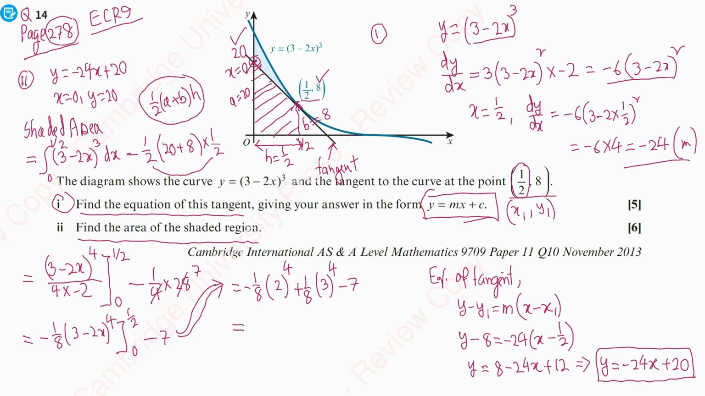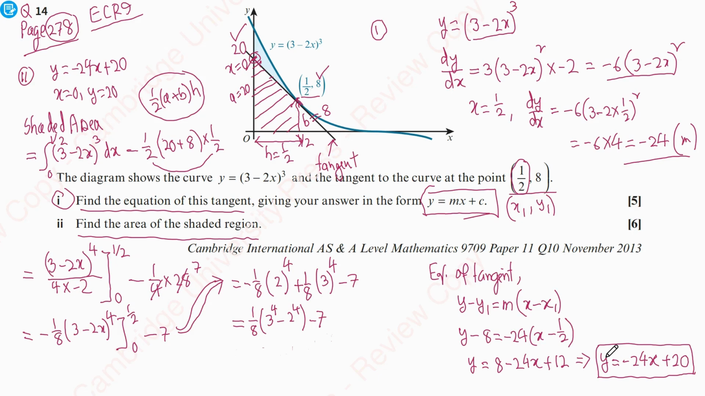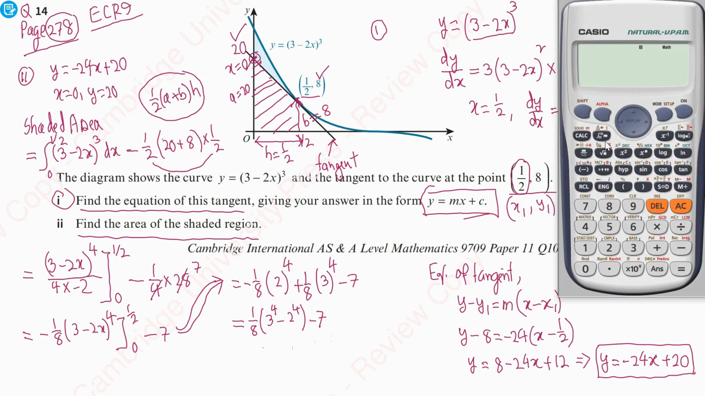Now we can use our calculator for that calculation. We can also write it in a simpler form: if I take 1 by 8 common, then it would be 3 to the power 4 minus 2 to the power 4, then minus 7. We can use the calculator now to get the value. Our calculator is here. We are going to write whatever we wrote here: 1 by 8, 3 to the power 4, then minus 2 to the power 4, close the bracket, then minus 7,